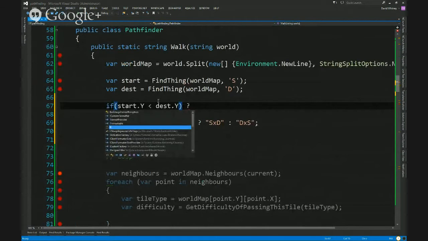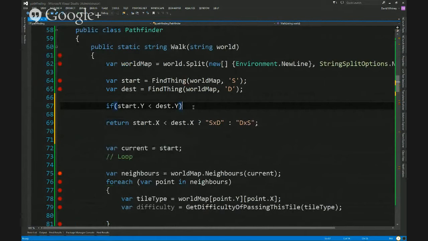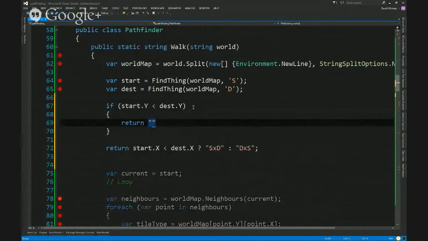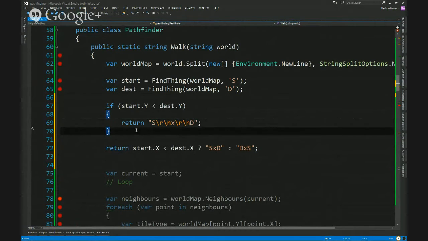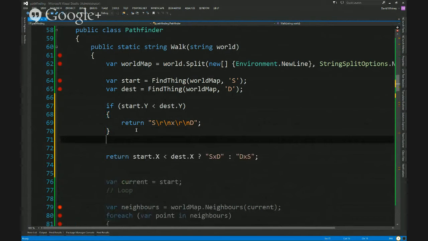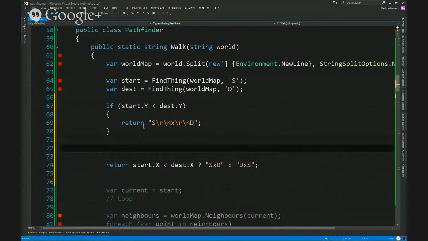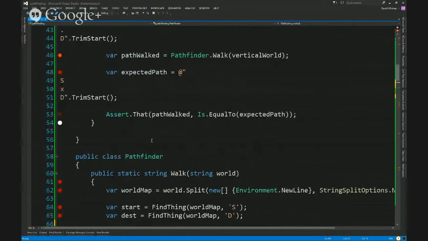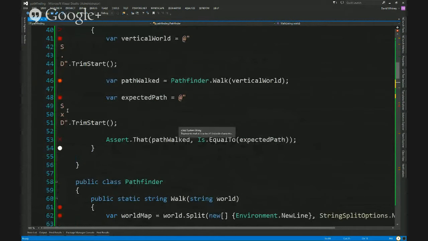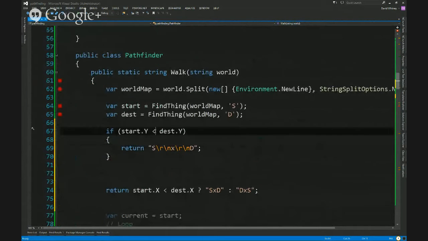So if start y is less than dest y, return sxd, and I'm going to be really horrible here. Nice. And it's probably the other way around, isn't it? Yeah, so if the y is less than the